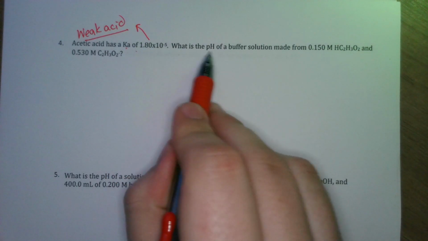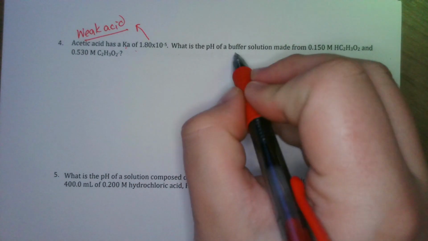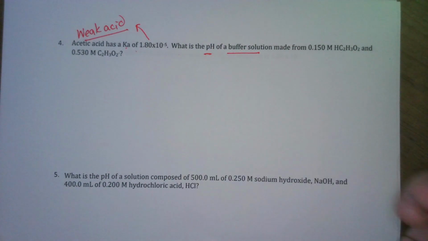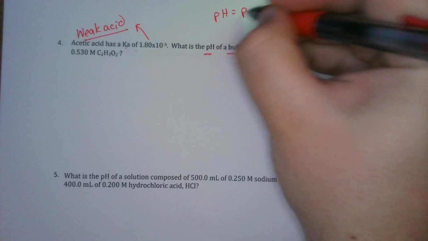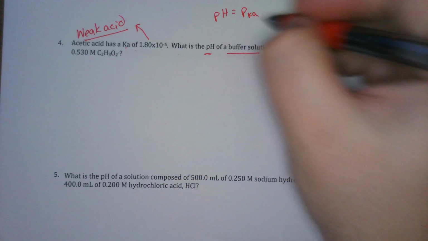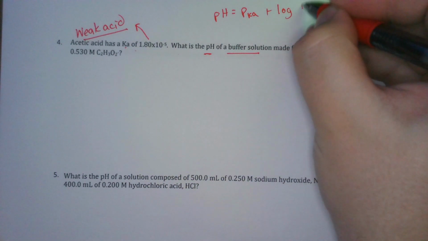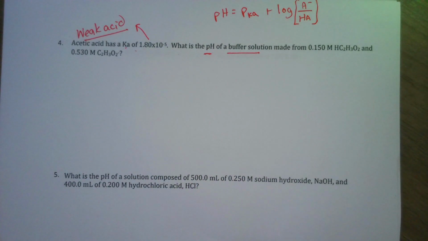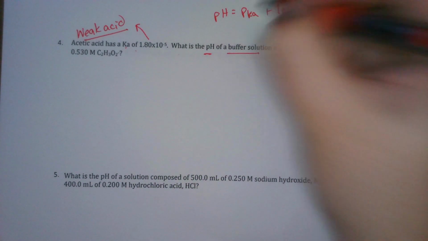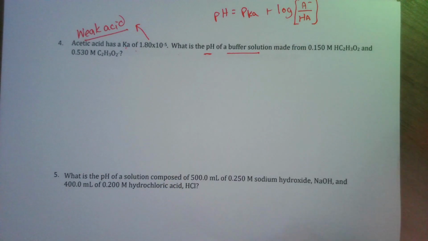Okay. What is the pH of a buffer? So I see buffer pH. What I'm thinking is I'm probably going to need the Henderson-Hasselbalch equation: pH equals pKa plus the log of A minus over HA concentration. That's what I'm doing in my head. I don't even know if I need it yet, but when I see buffers and pH, that's immediately what comes